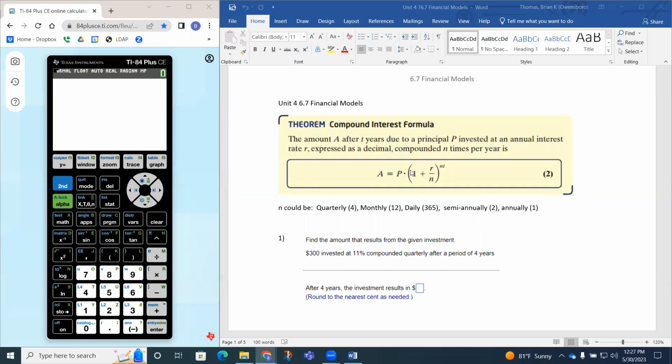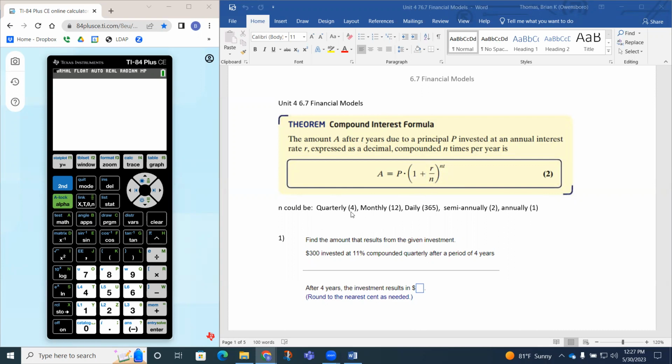So if I use this formula, some other things we didn't know is the interest rate. So R is the annual interest rate. N is going to be the number of times compounded in a year. And then T is going to be the number of years that go by. So when it comes to N,